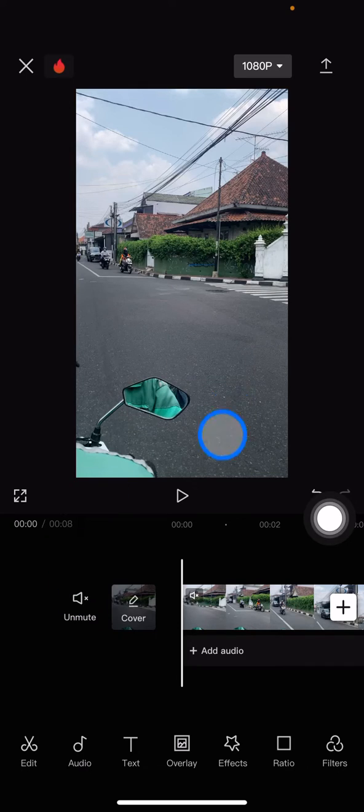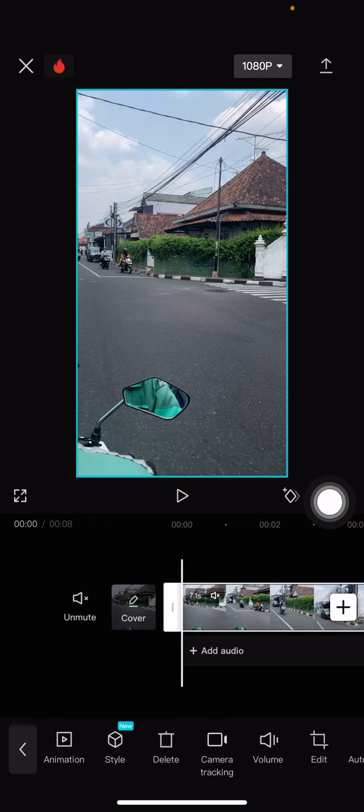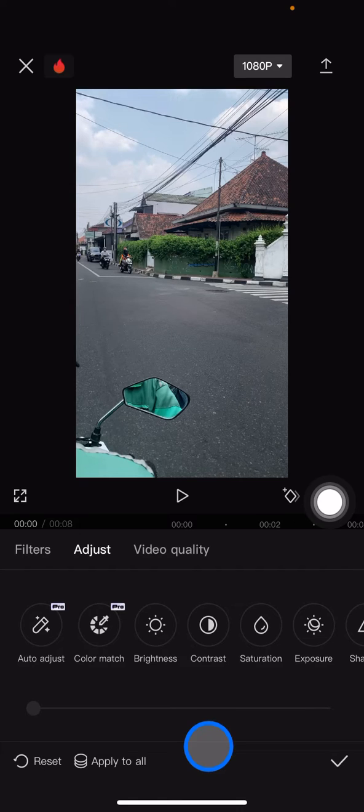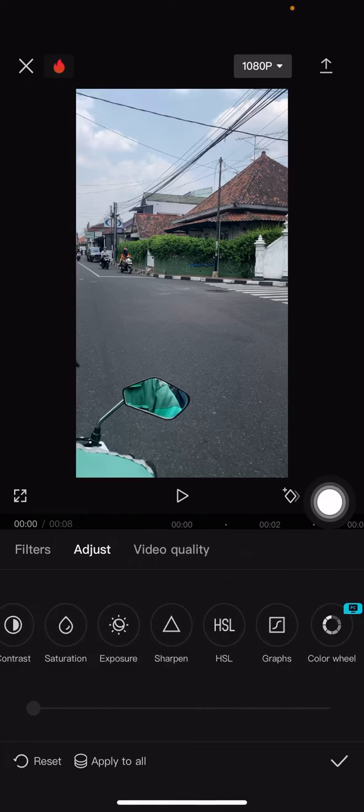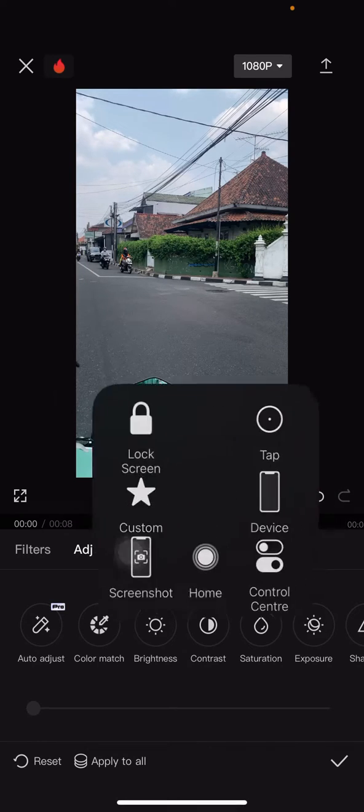To make this video clearer, we just need to do a color shading. How to do a color shading? You just need to click the clip, and after that focus on these button features. Slide the features to the left side until you find adjust. Then click it, and adjust it according to what you need. Or you can also jump into the video quality,